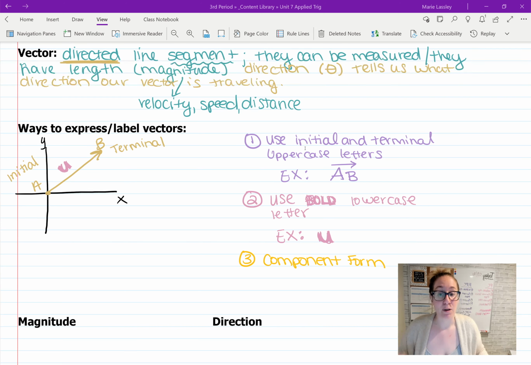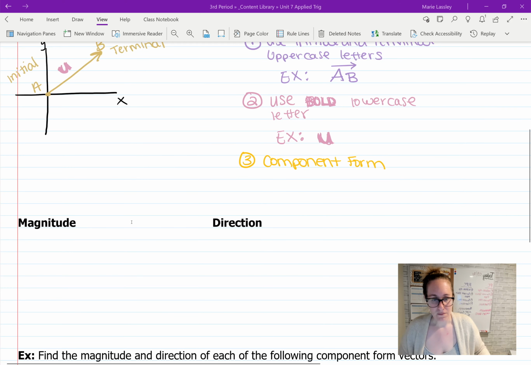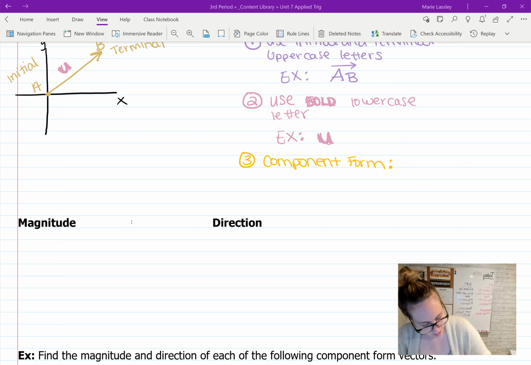And then most of the time when you have vectors, they are in this component form. And we're going to talk about what that is right now so that it makes sense. So component form is when your initial point is at 0, 0, like we have drawn in our picture. We have the 0, 0 is where our starting point is. All right, so initial point is at 0, 0. And your terminal point, that's your ending point, right, is at